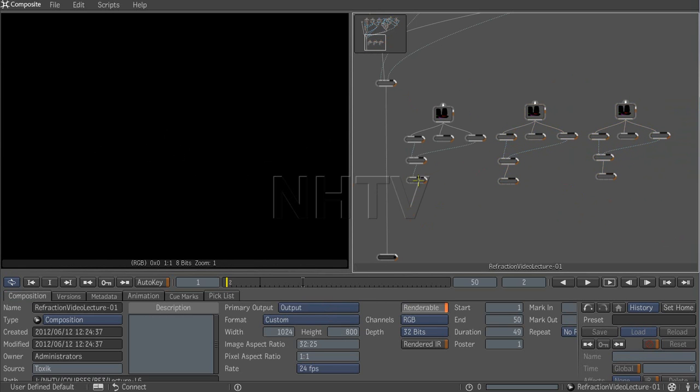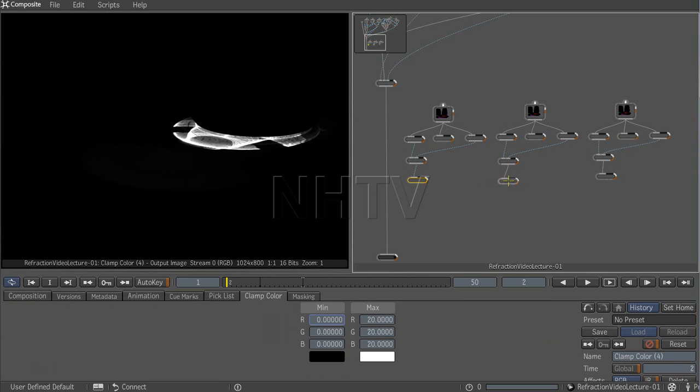The reason why I have three different versions of this is that I'm creating some kind of prism effect, and therefore I've rendered three caustics, each of them with a separate index of refraction, and that's what we're going to